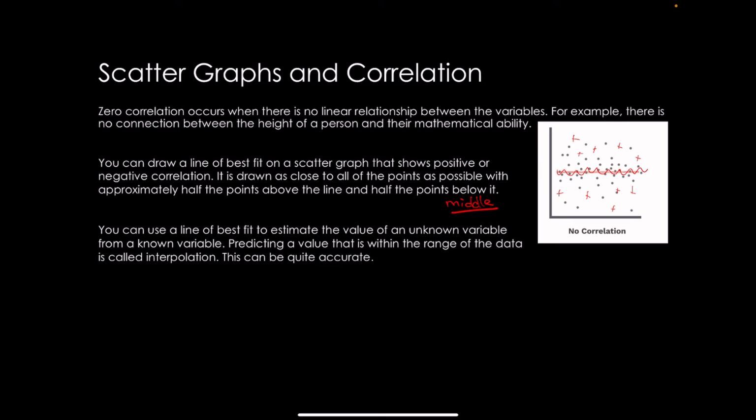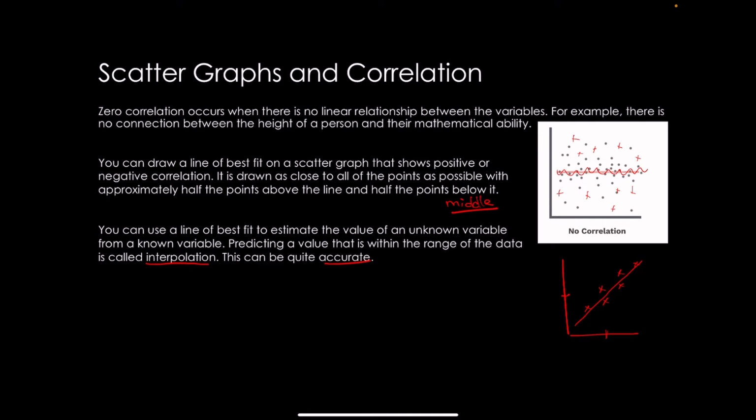You can then use the line of best fit once you've drawn it to estimate the value of an unknown variable from a known one. So that means that if you know someone's score in the 100-meter race, you might be able to predict their score in another sport, depending on the graph. Predicting a value that is within the range of the data is called interpolation, okay? This is accurate, all right? So basically, if I had a graph and I had a bunch of points, and I had a line of best fit, and I thought, okay, well, here is what